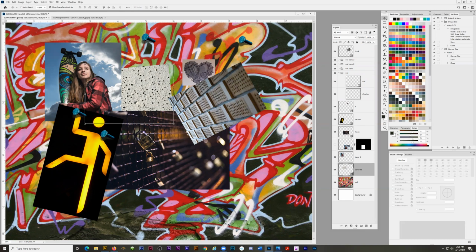We need to group some stuff. The problem is that everything in one group will be on top of everything in another group, and that's kind of confusing. So you want to try to make useful groups. Here's what I recommend: that your nails are all in one group. And your nails can be on top because they're nailing all the pictures down to the board or